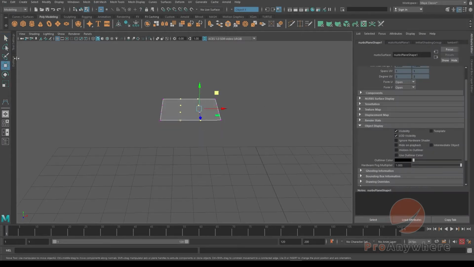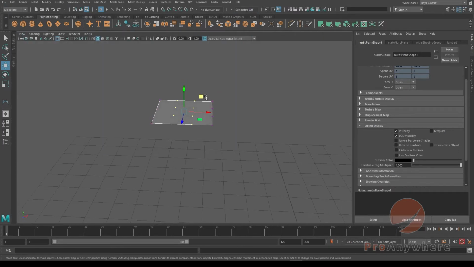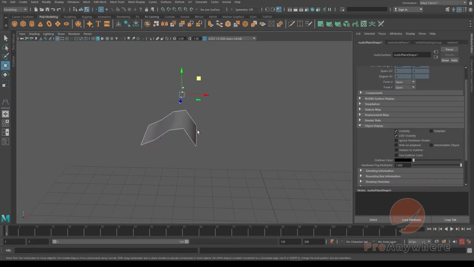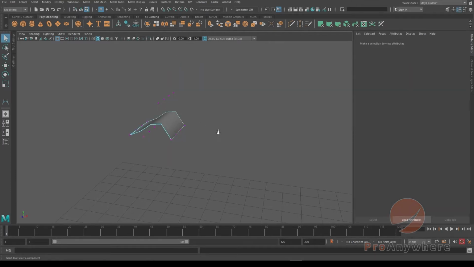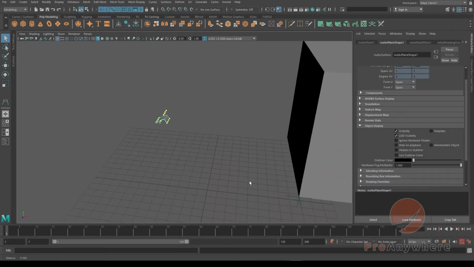I see I have symmetry on. Go to tool settings, go to reset to turn off symmetry. Close that. So if I select some of these, notice that the CVs, or the control points for a NURBS surface, don't necessarily stay on the surface here, but I'm showing the points. So if I go back to the object mode here, if I select